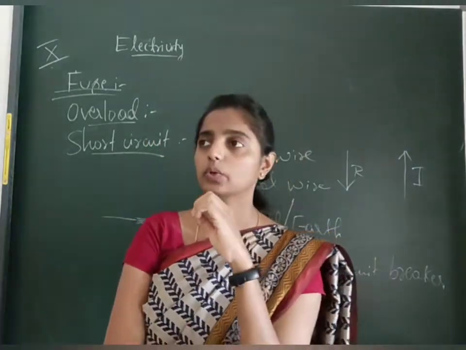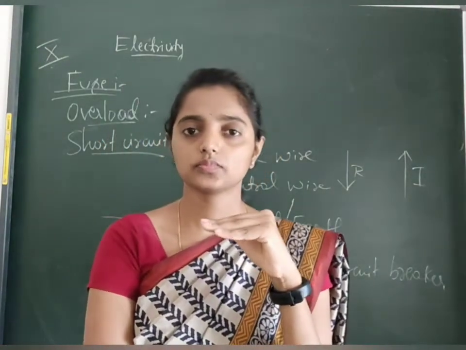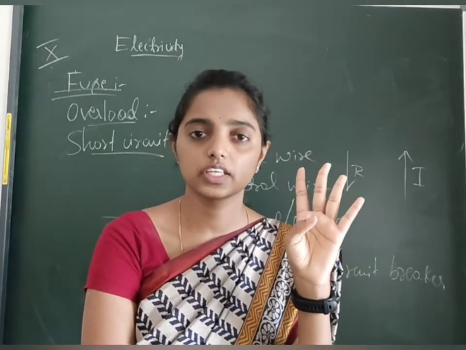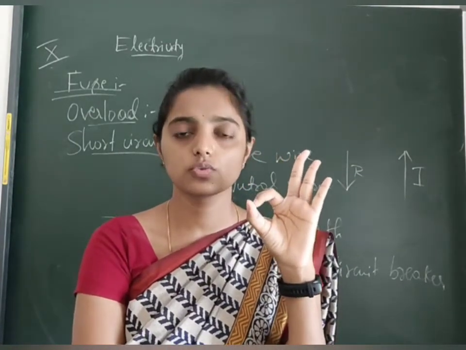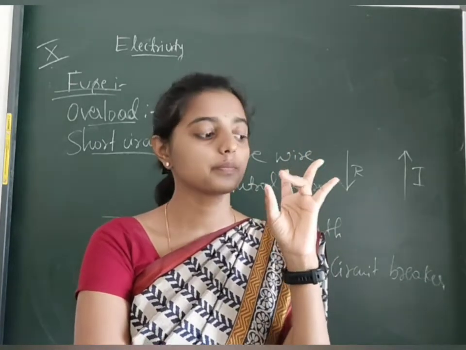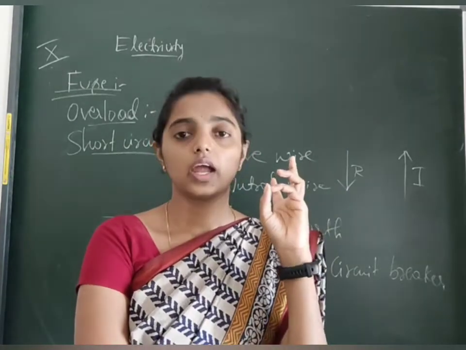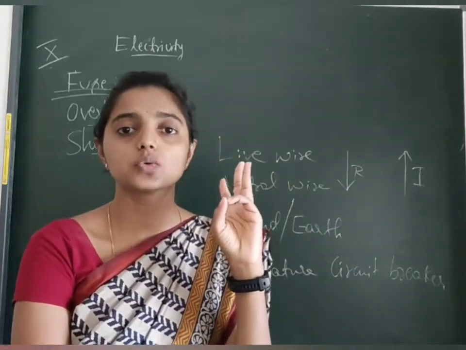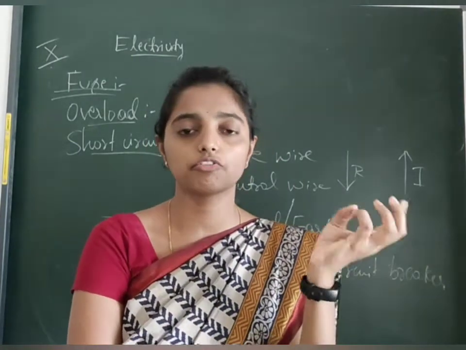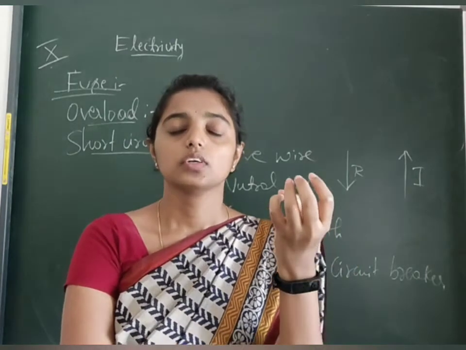So let me quickly recall what we studied from the heating effect of electric current. We learned the definition of heating effect, how to derive Joule's law equation, and the definition of Joule's law of heating, and after that examples of practical appliances, and the filament used in the bulb, that is nothing but tungsten, which you need to remember, and to increase the shelf life of that bulb you will be using gases such as nitrogen and argon.